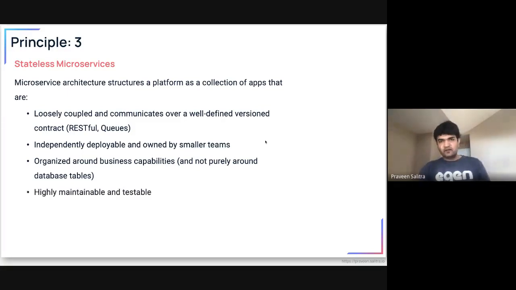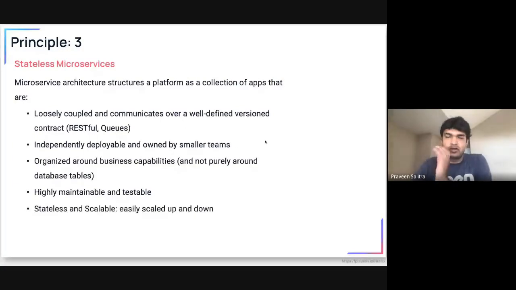You don't want to pay for latencies just because you wanted to do distributed computing. Definitely, if you go with that route, these are highly maintainable and testable. Individual teams can put a lot of focus on what they are doing instead of worrying about hundreds of different services that you may have. And then again, depending on the load, you can easily scale them up, or more importantly, down as well to reduce cost.